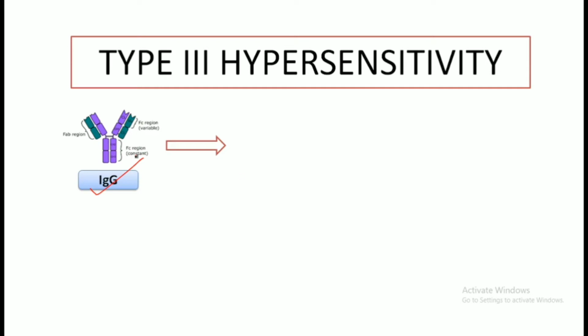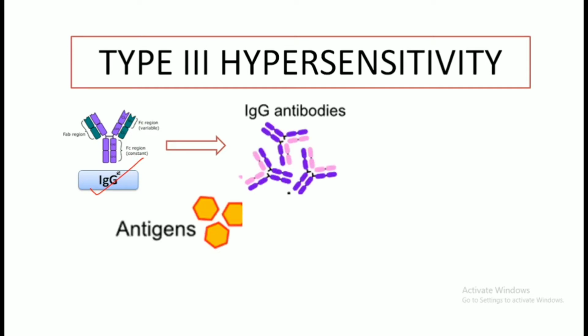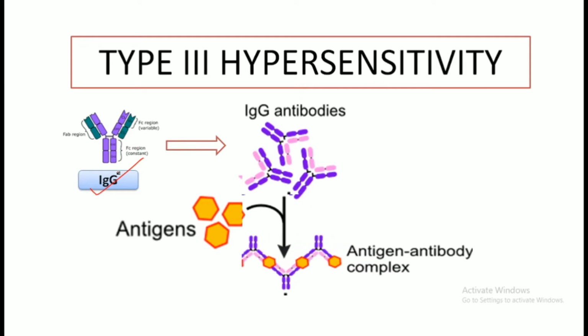We have been discussing hypersensitivity, and in the last two lecture series we have studied type 1 and type 2 hypersensitivity. In this lecture video we will study type 3 hypersensitivity. Type 3 hypersensitivity is also known as immune complex hypersensitivity, where the antibody IgG comes and acts. Type 3 hypersensitivity occurs when there is accumulation of immune complex, that is, the antigen combines with the antibody circulating in the blood and forms antigen-antibody complexes.